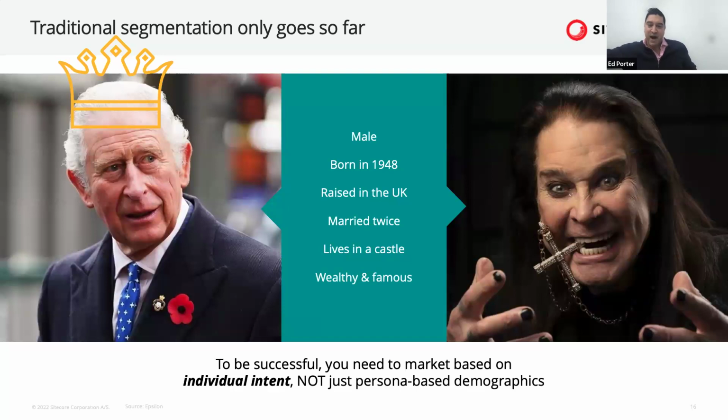I think it's a prime example of, if you were targeting these two for clothing or even a new property, you could argue an insurance product, whatever it would be, they're going to be very, very different in terms of what they would expect and how we would approach them, even from a channel perspective, right the way through to content. So I think this is why the zero party and the first party data that you're collecting